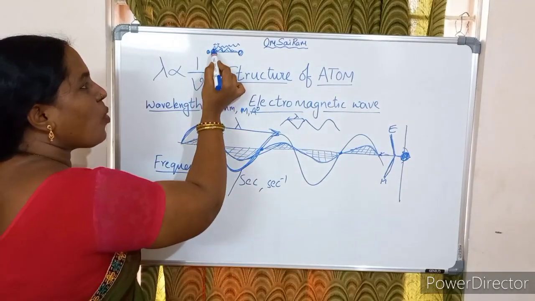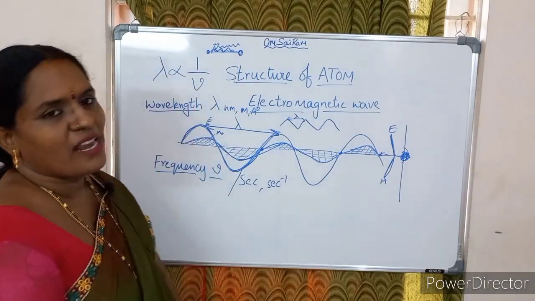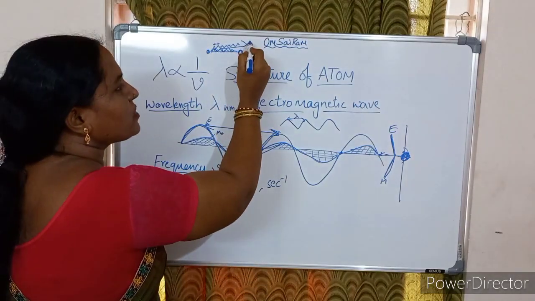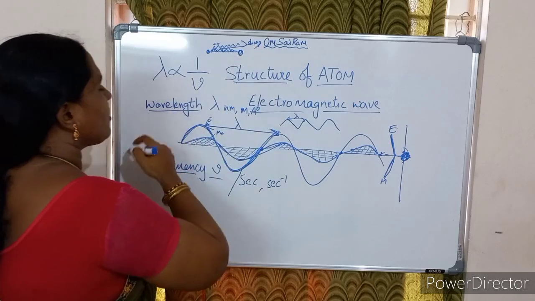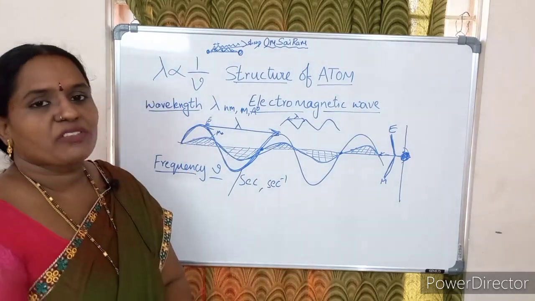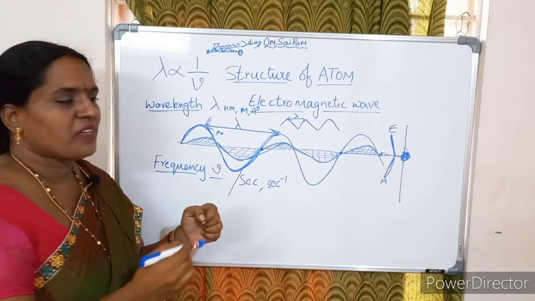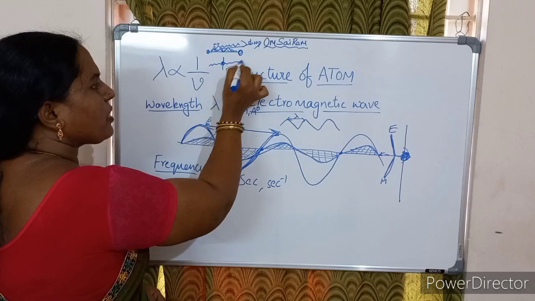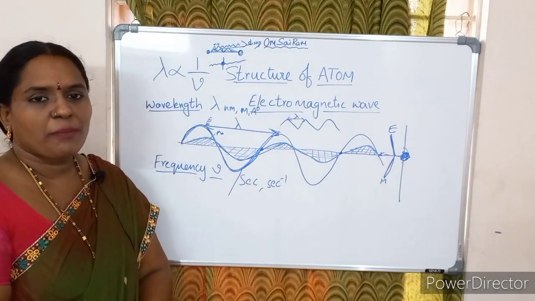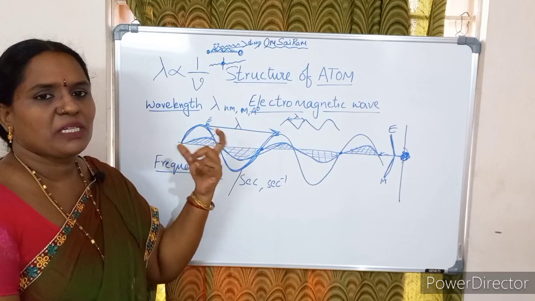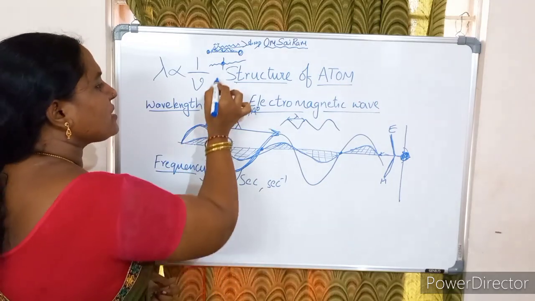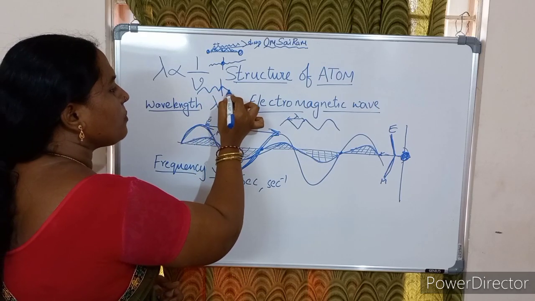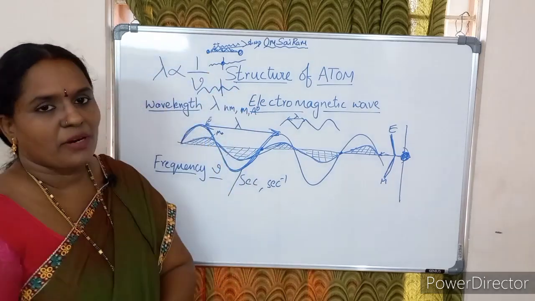If the disturbance is more, the wavelength will be less. If the wavelength is less, those waves are very sharp, which means they have high frequency. If through a given point more number of waves pass in a particular time, frequency will be more. If the disturbance is less, the waves have higher wavelength and pass through a particular point in less number, which means